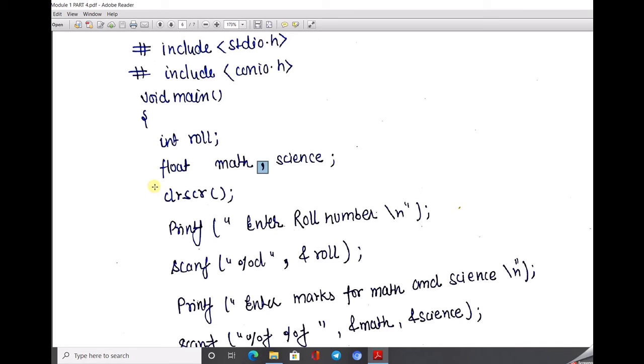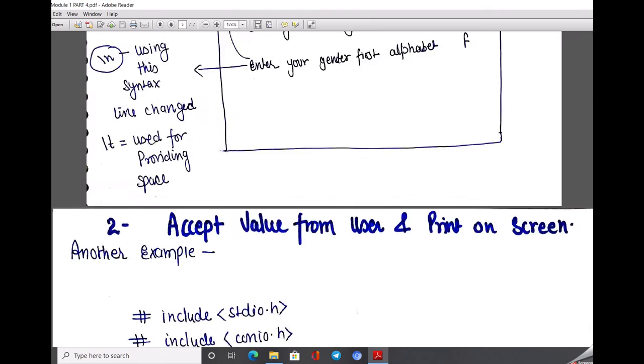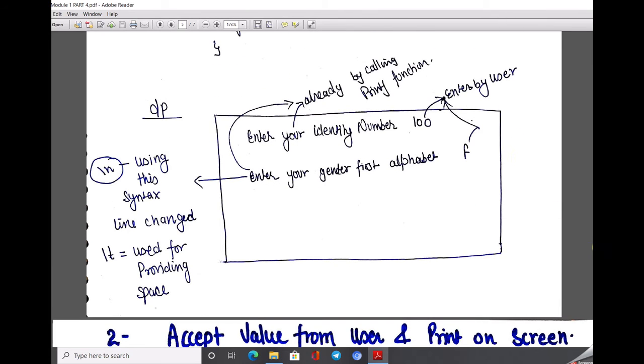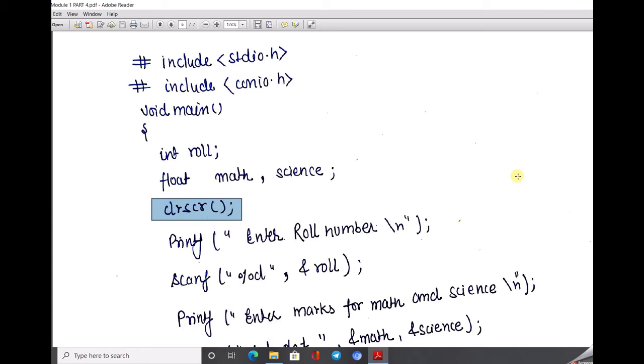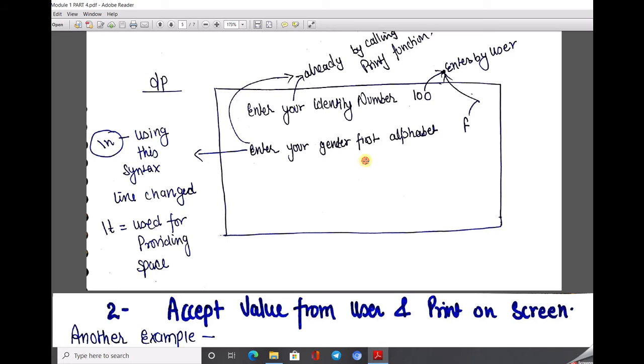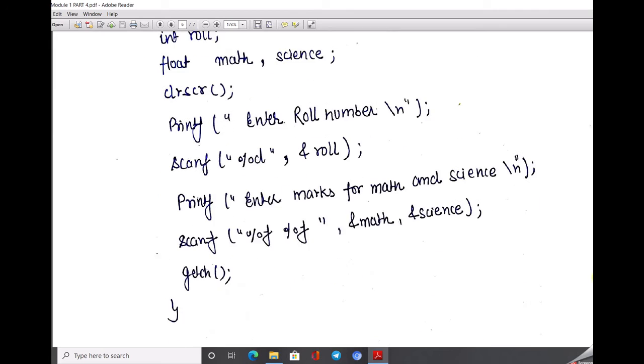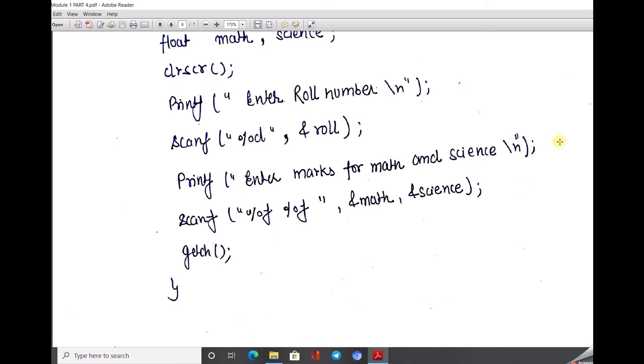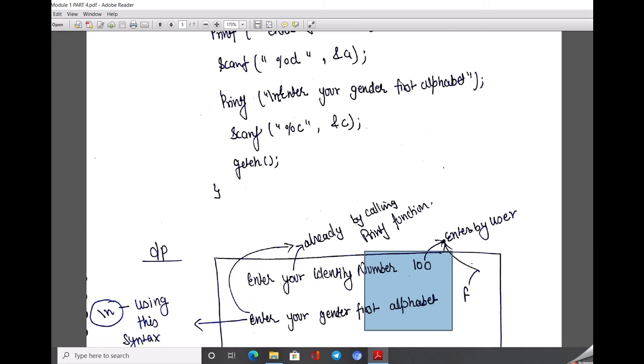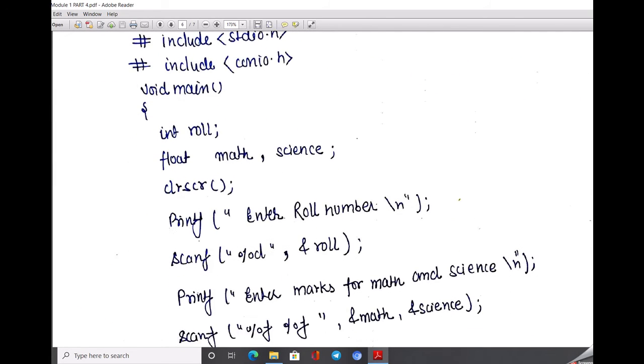Next, the function CLR SCR is being used. Basically, this function is used to clear the screen. Like, first we perform this program, and next we perform this program. So what is exactly on the output screen? On the output screen, this output will also be shown whenever we run this program. But some users may be confused about how this value is received. So for that I just want a clear screen, that means clear the output screen.